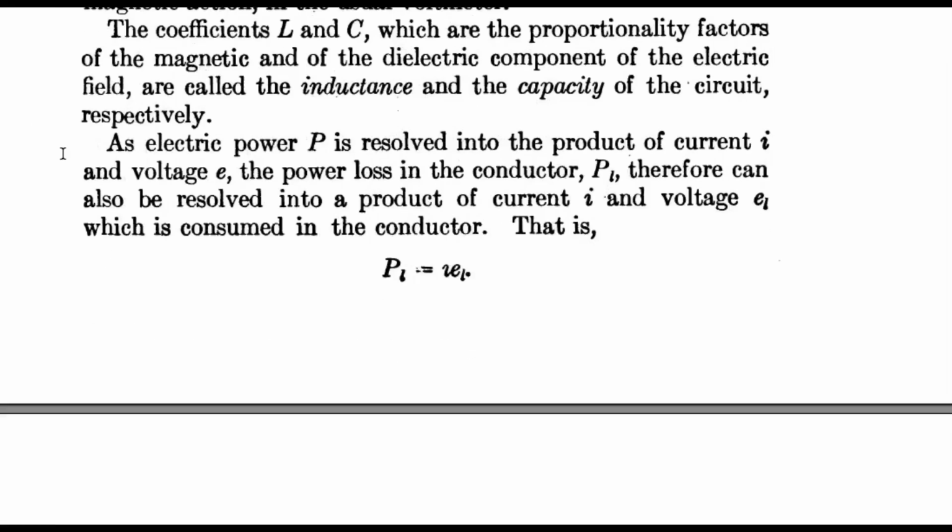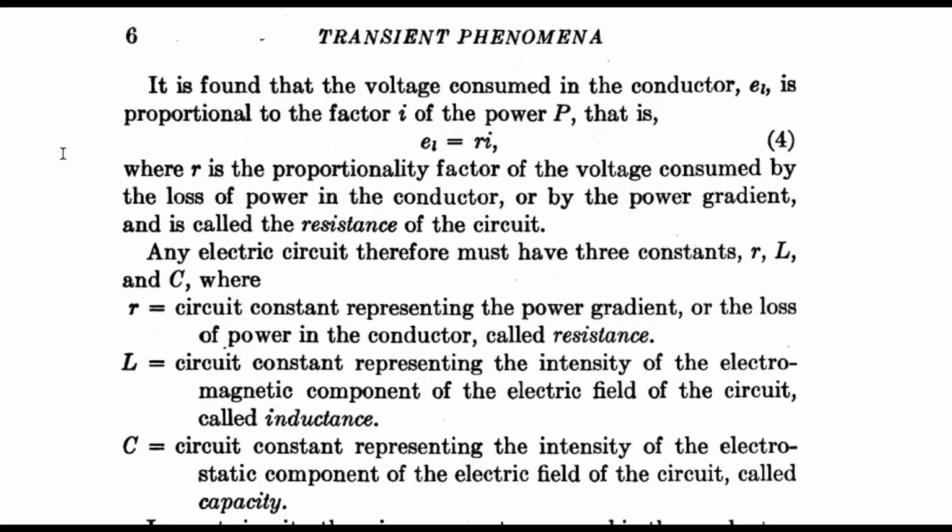It is found that the voltage consumed in the conductor, represented as E sub L, is proportional to the factor I of the power P. That is, E sub L is equal to R times I, where R is the proportionality factor of the voltage consumed by the loss of power in the conductor, or by the power gradient, and is called the resistance of the circuit. Any electric circuit, therefore, must have three constants, R, L, and C, where R is the circuit constant